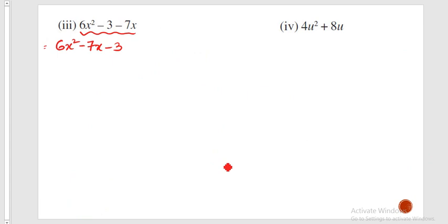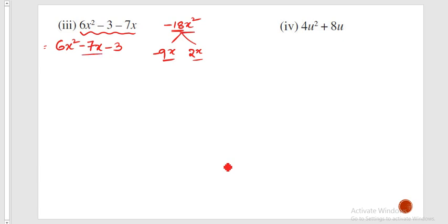So what I am going to do, 6x square into minus 3 is nothing but minus 18x square. Now we need to split this, so you need to choose it wisely. For 18, I need to get the difference as 7. I know that 9 twos are 18 and the difference is 7. But I need minus 7, so I need to give minus to the bigger number. So if I multiply these two, I am going to get minus 18x square, right?